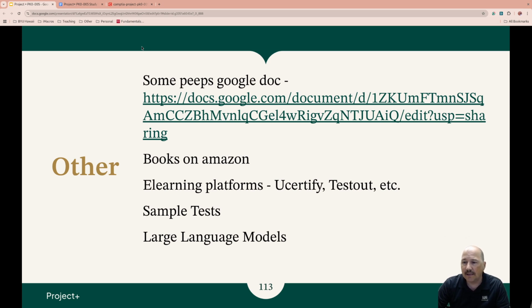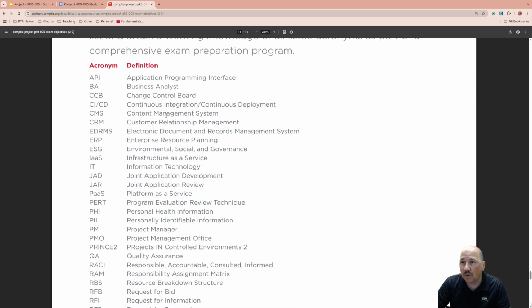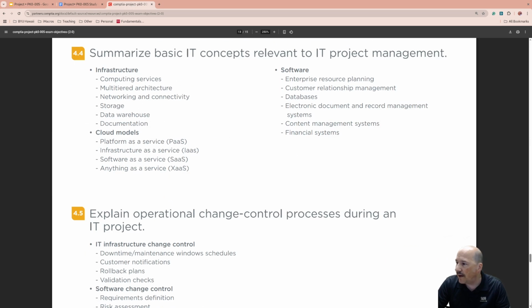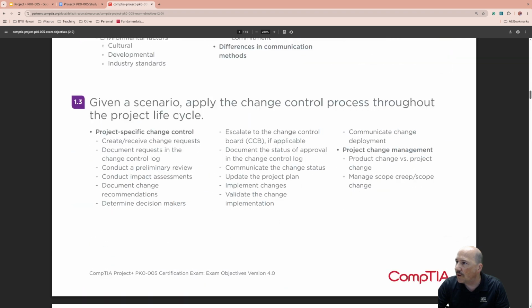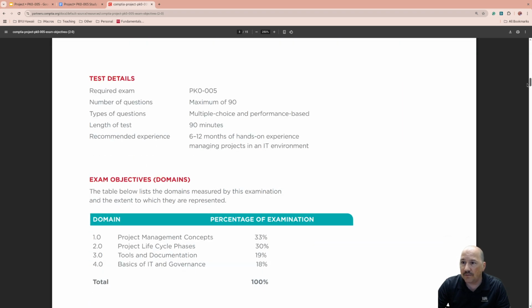Sample tests. Before you take a test, if possible, it's good to take sample tests. They're not all created equal. Some of them are better than others. And when you're thinking about a sample test, I try and make sure I'm scoring above what's required, and I'm going to have to scroll up pretty far. So you come in here and